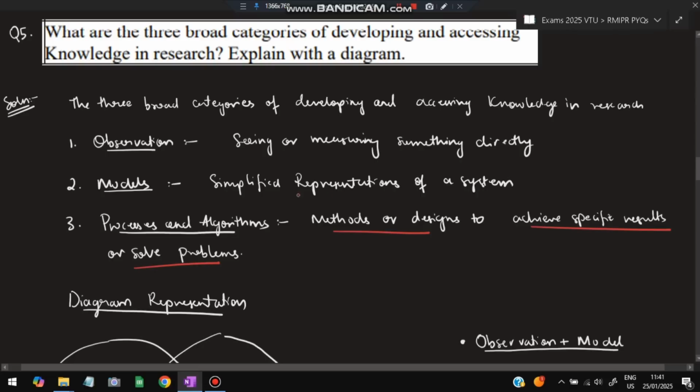What is the purpose of having process and algorithm? Why do we need them? It helps us to organize and analyze the data. We are analyzing the data, getting to know more insights and more information. By using the process we will solve the problems and get to know more information about it. Types can be algorithms for sorting data or complex problems, and procedures for experimentation and designing systems. An example can be an algorithm to sort numbers from smallest to largest. That is an algorithm, that is a process. This is a problem and to solve it we use an algorithm.